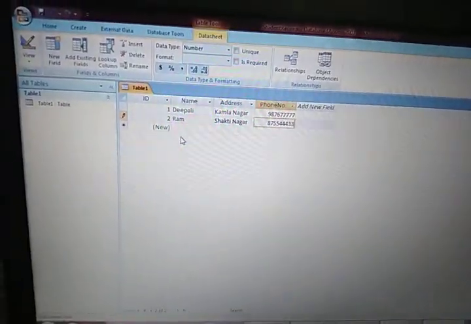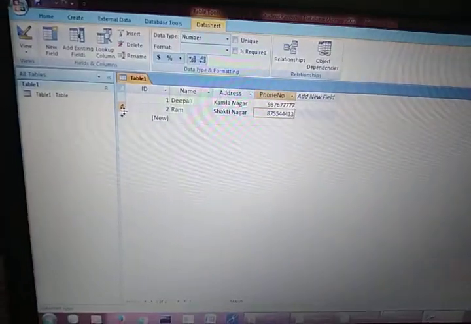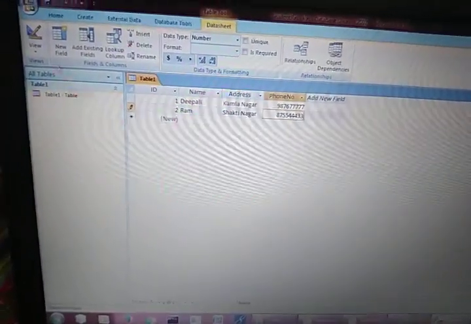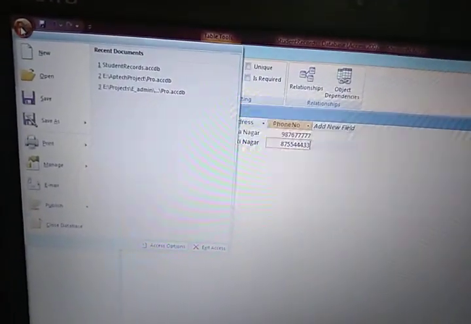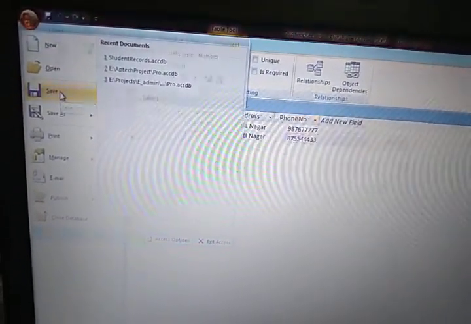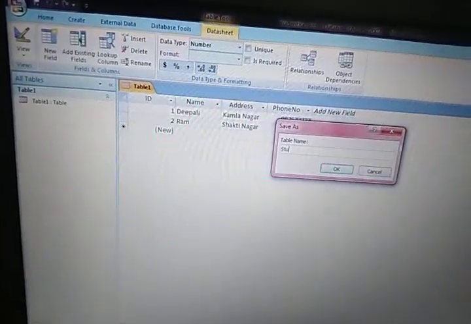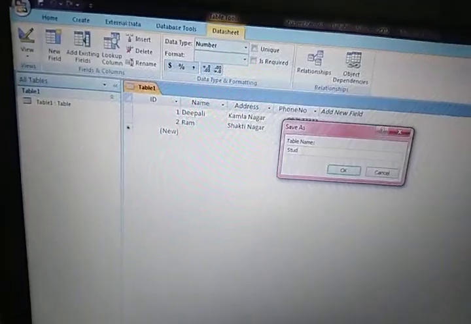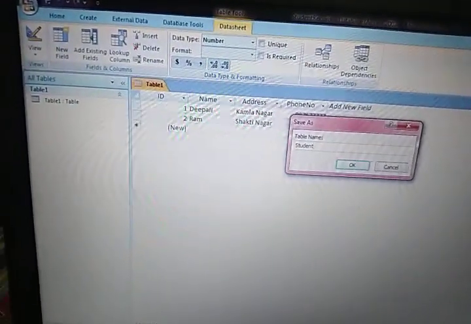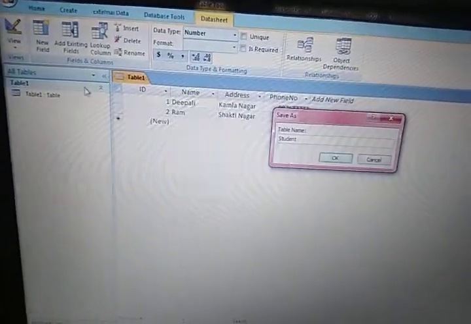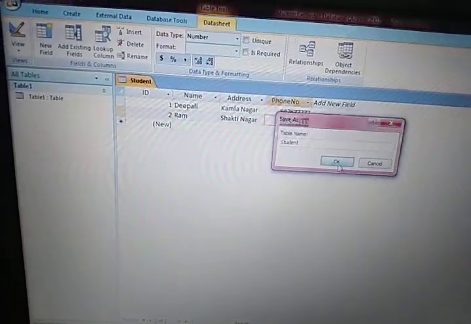Fine, students? So I just want to save this particular table. So what I have to do, I will press this particular icon over here and click on save, and then, as I told you, my table name is student, so I will write student over here and press the OK button.